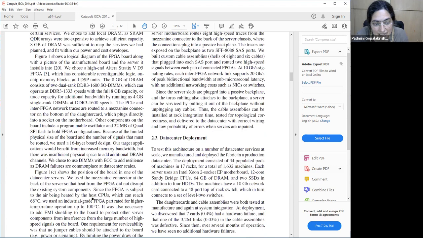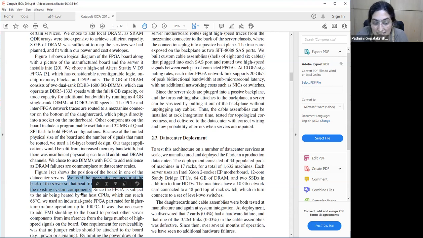so you can see what's very interesting, right? When you read the paper, and I'm hoping all of you will at least get an appreciation of this, you look at all the kind of factors that they have to take into account, right from what connector they use at the back of the server. You see this, they use the mezzanine connector so that the heat from the FPGA did not disrupt existing system